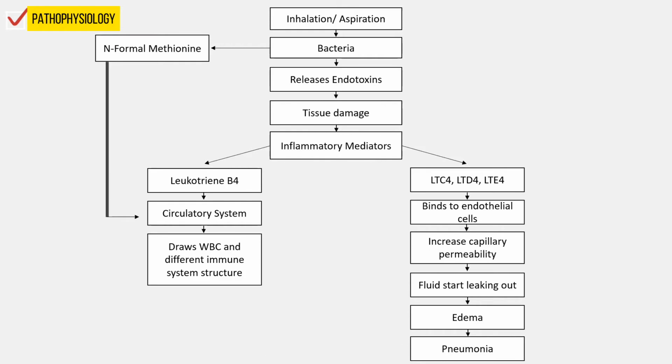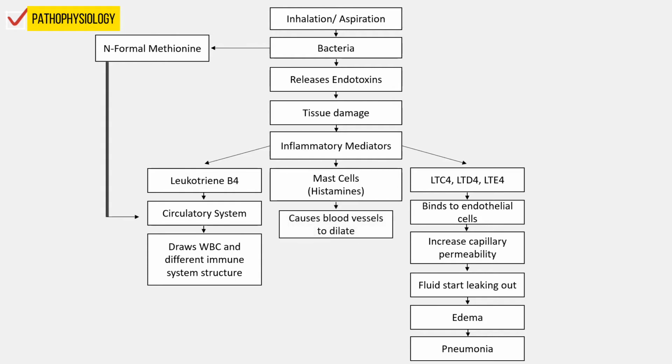Another thing that happens when there is tissue damage is that it activates mast cells, which release histamines. Histamines cause blood vessels to dilate and, at the same time, increase capillary permeability. And when this happens, WBCs, complement proteins, and other immune system structures begin to be drawn to where the inflammation is happening, again to fight back